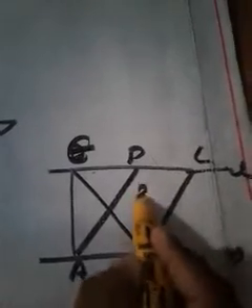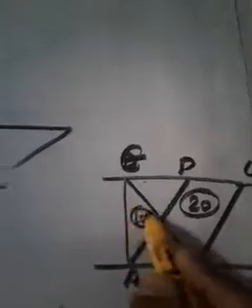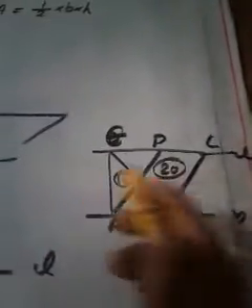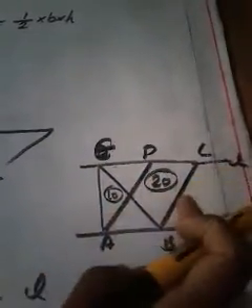That means, suppose the area of the parallelogram is 20, the area of the triangle will be 10. That much only. And for the two parallelograms, if the area of one parallelogram is 20, the area of the other parallelogram will also be 20, because their areas should be equal. But here the areas are not equal. If a triangle and a parallelogram satisfy this condition, then the area of the triangle will be half of the area of the parallelogram. So this much concept we have discussed in the last few videos, isn't it?